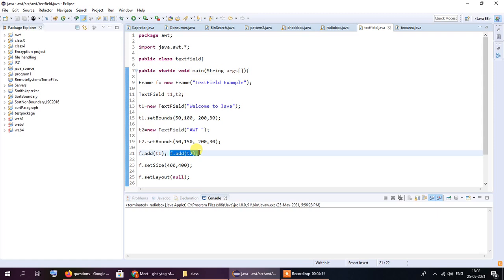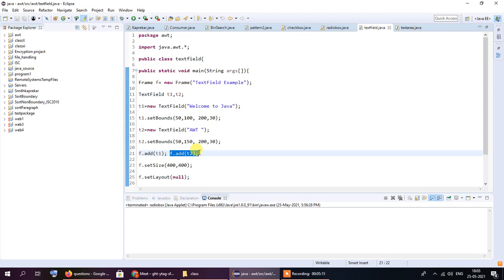But we are not inheriting the frame class; we are creating an object of the frame class and using the frame creation by association method, so we'll have to use the object of the frame class to add our components. To add the components, we take the object of the frame class, which is f, and then add t1 and t2 using the dot add command.